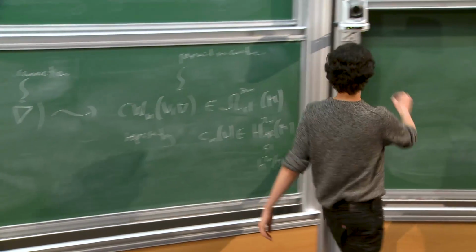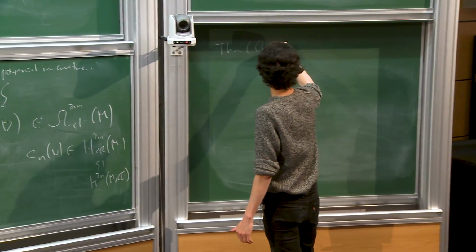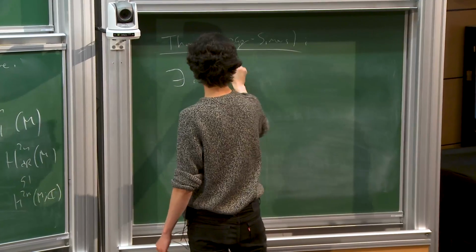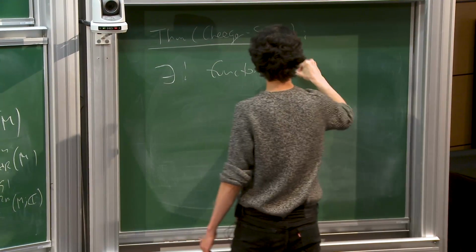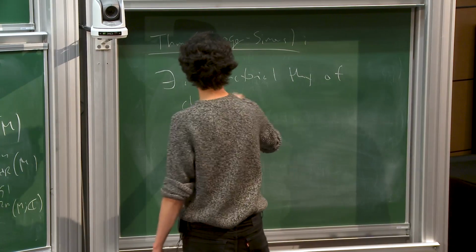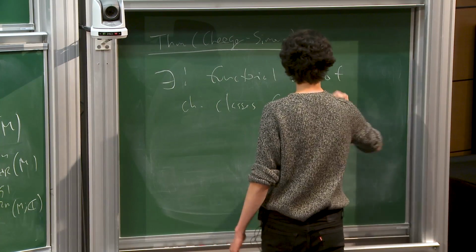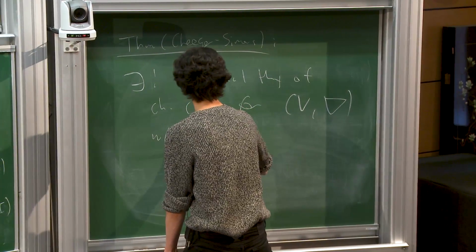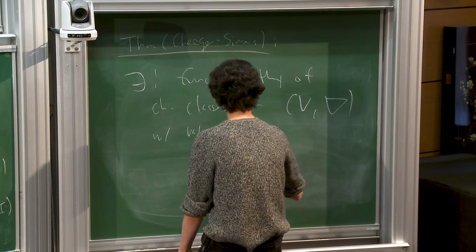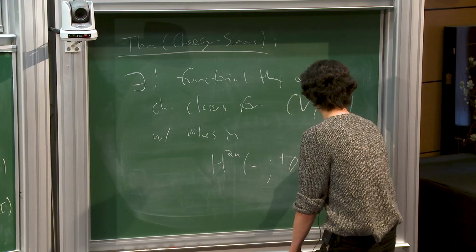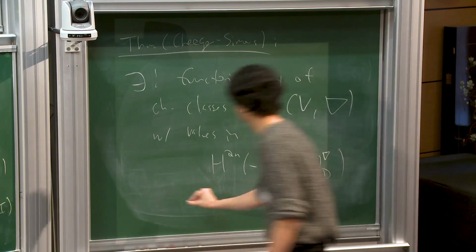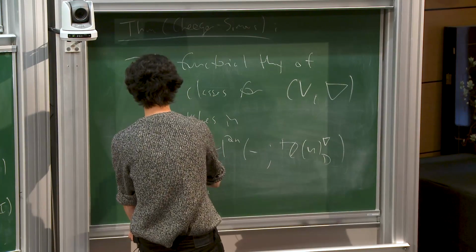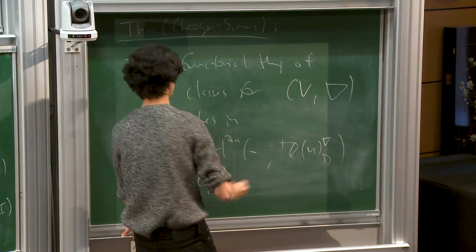So there's a theorem of Cheeger-Simons. There exists a unique functorial theory of characteristic classes for pairs, a vector bundle and an arbitrary connection, with values in H^2n with coefficients in the Z(n) Deligne complex, such that, let me call it Ĉ_n(V, ∇) again, such that,